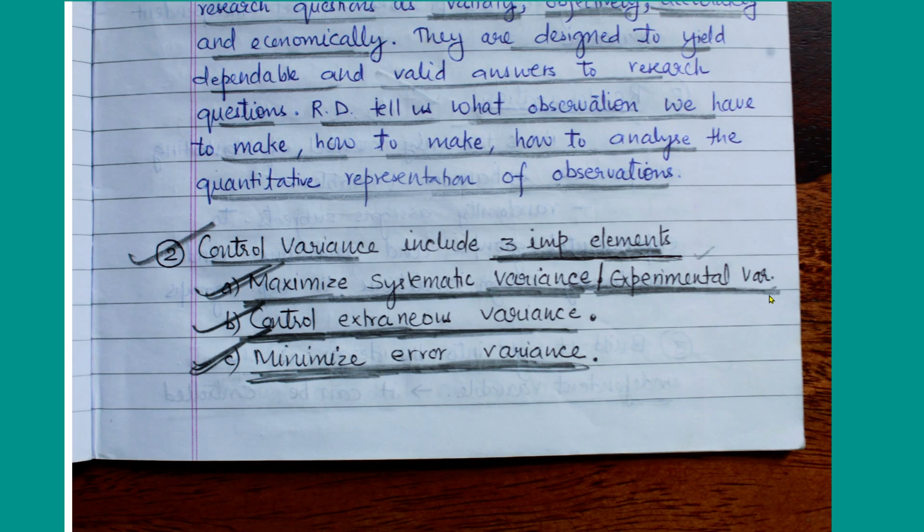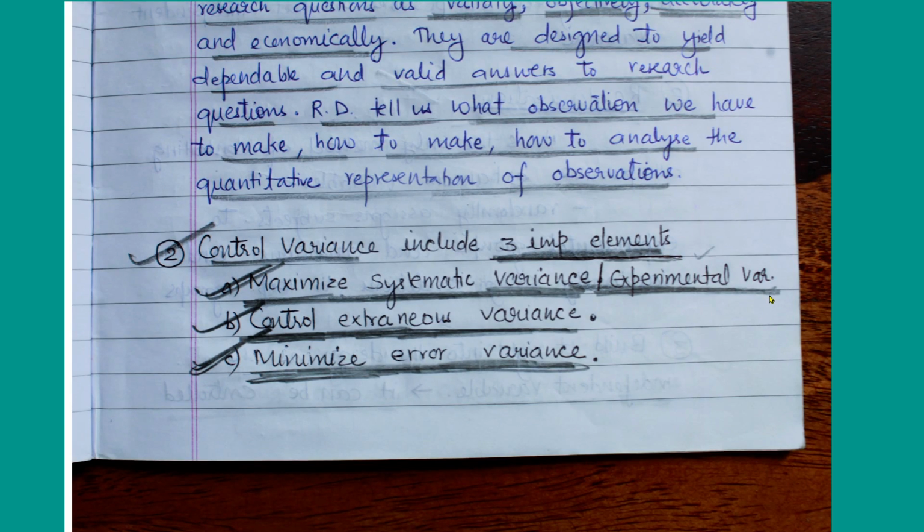Now we will control extraneous variance. If you remember my previous modules, I have explained to you that extraneous variables are there. So we have to control them. It means it is not a good thing, because we have to control it, but we cannot reduce it to zero level. We cannot eradicate it fully, but we can control it, because these are field studies, social science studies. We cannot bring any variable to the level of zero, but we can control it. So we are controlling extraneous variance. It means extraneous variance is not good.